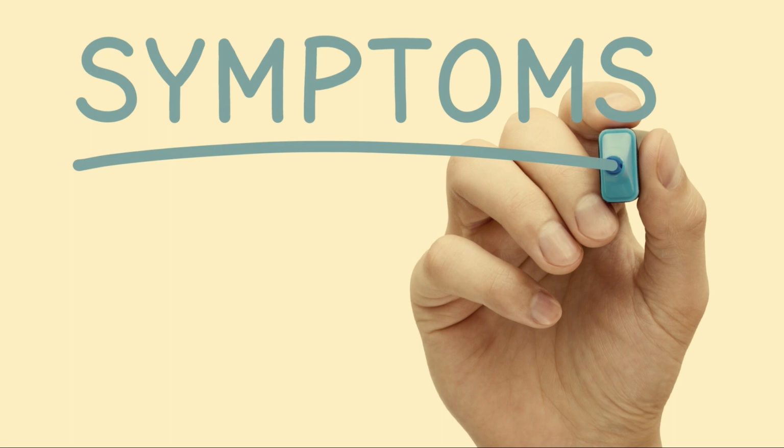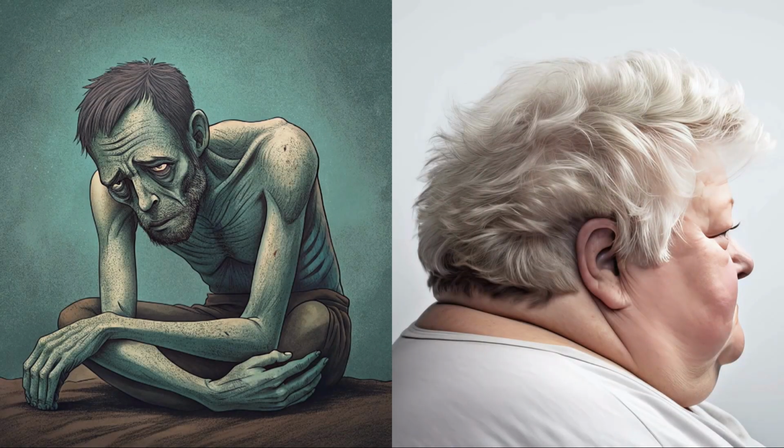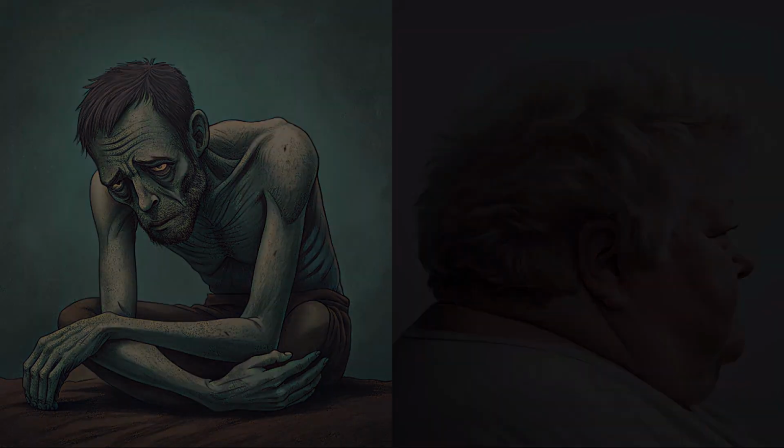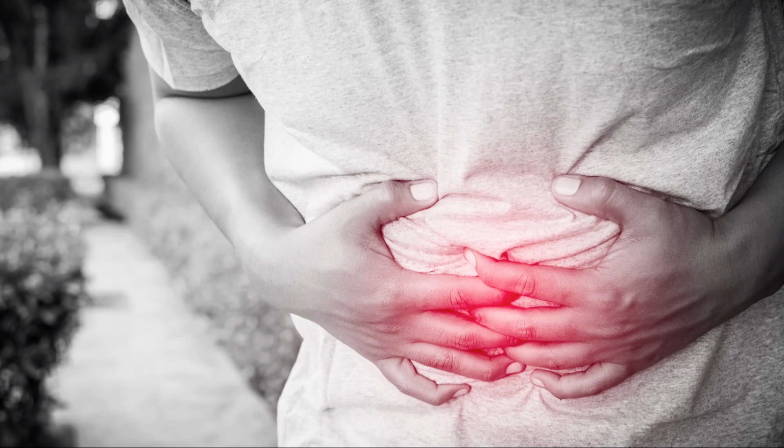Symptoms. Signs and symptoms caused by cancer will vary, depending on what part of the body is affected. Some general signs and symptoms associated with, but not specific to, cancer include fatigue, lump or area of thickening that can be felt under the skin, weight changes, including unintended loss or gain, skin changes, such as yellowing, darkening or redness of the skin, sores that won't heal, or changes to existing moles, changes in bowel or bladder habits,